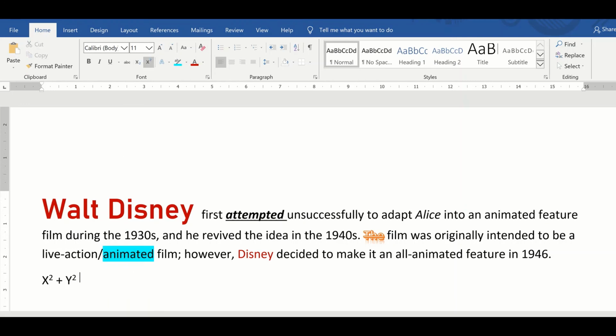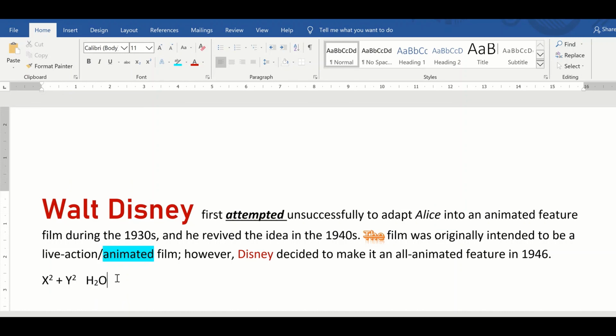Now I want to write H2O, and I want to make 2 a subscript, so I'll select it and apply the subscript. Subscript comes at the foot of a character and superscript comes at the head part of the character.